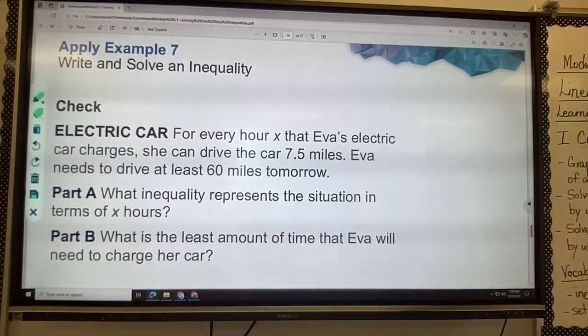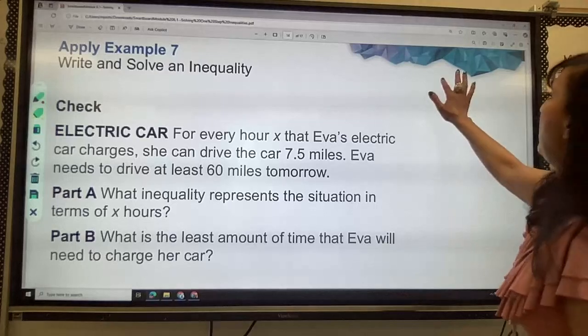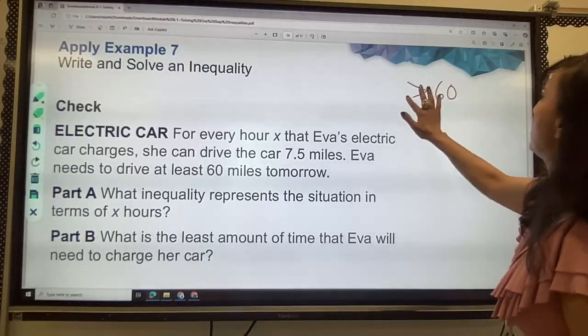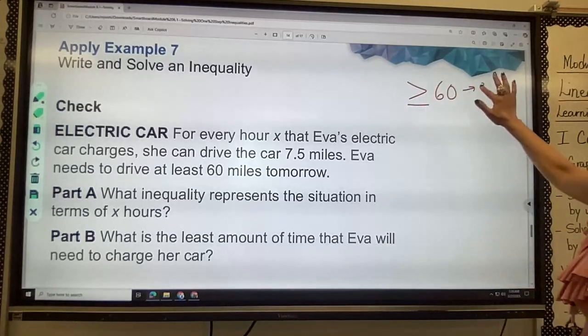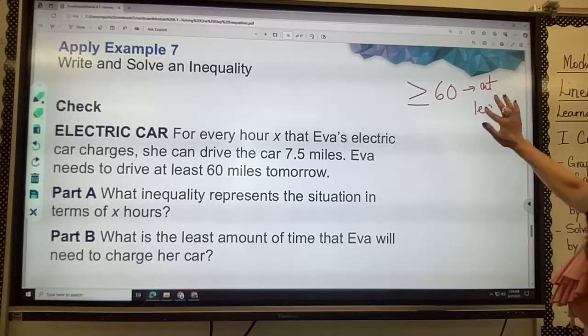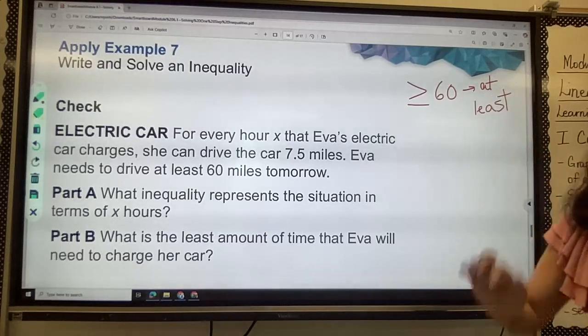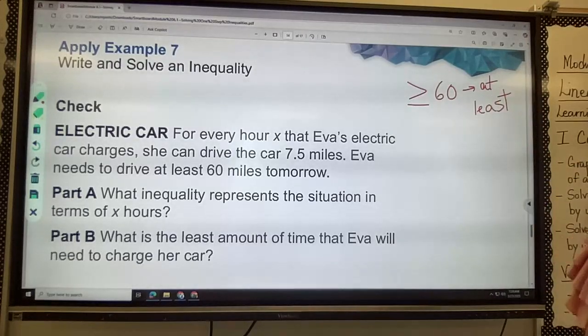So it said at least 60. That means everything else is going to be greater than or equal to 60, because this is "at least." That means it's the minimum amount, right? And then it's saying